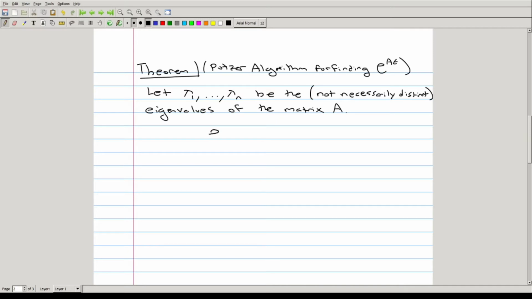We have that e to the A times t is equal to the summation from k equals 0 to n minus 1 of p k plus 1 of t, this is a function of t, times the matrix Mk,